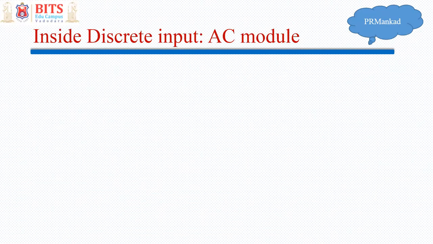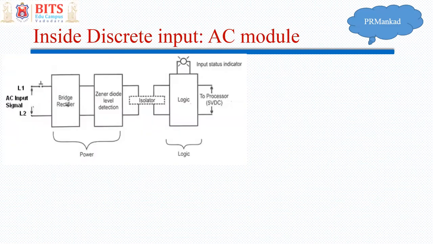Now, inside the discrete input module, what happens? Obviously, the processor or CPU reads in the form of TTL logic zeros and ones, that is 0 volt or 5 volt DC. And the available input voltage can be 24 volt DC, 48 volt DC, 120 volt AC, 230 volt AC, and so on and so forth, right? So when a switch is pressed, as we have seen in the previous slide, at a particular pin 230 volt AC, 120 volt AC, whatever the voltage level, is available. Now that voltage level is AC.